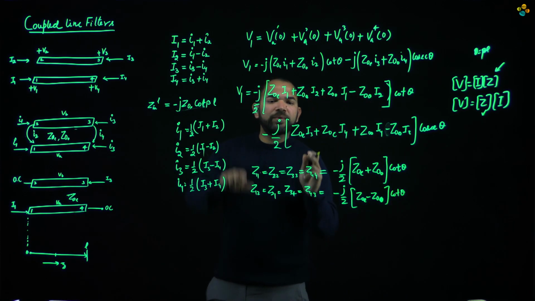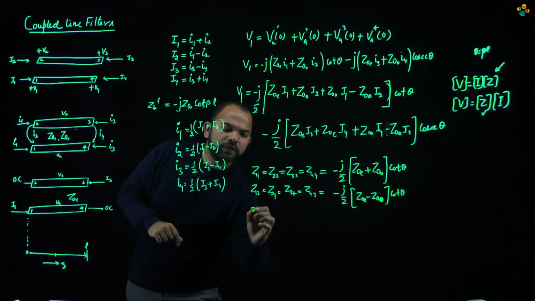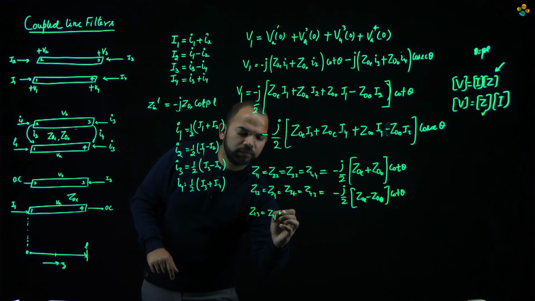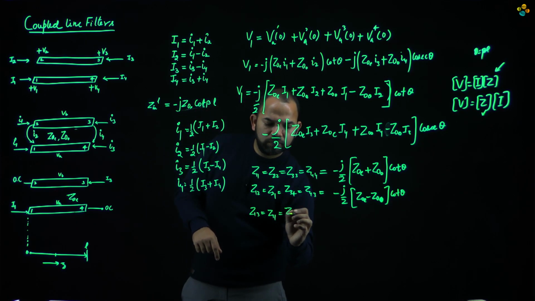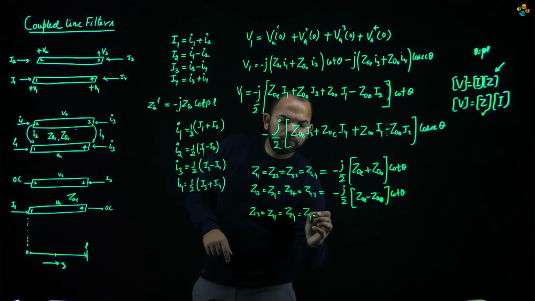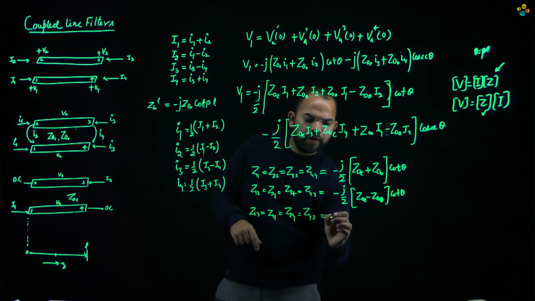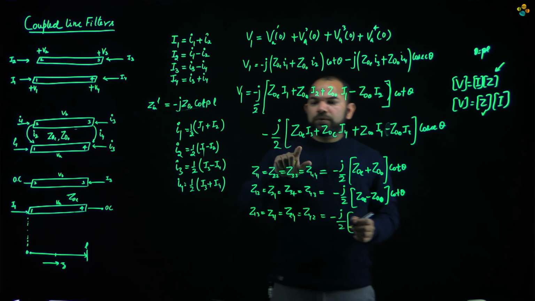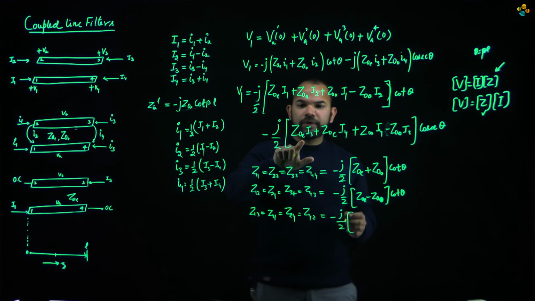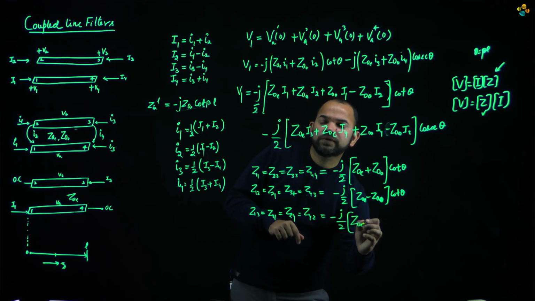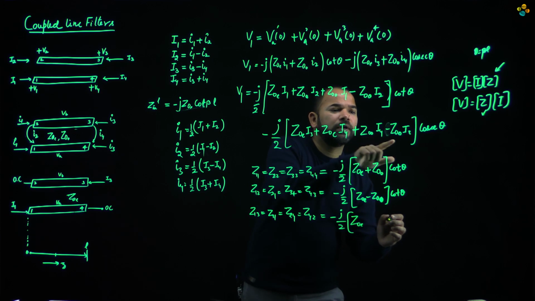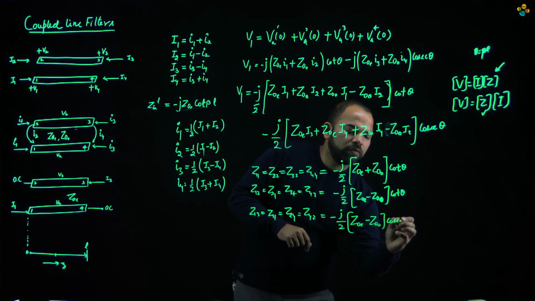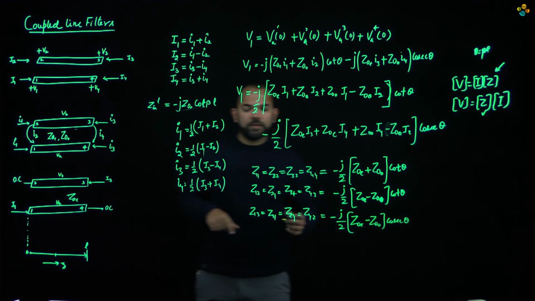What are the other parameters we can define? Z13, Z31 and Z24 and Z42. So if we write by seeing this equation, this is going to be minus j/2 for sure, then 3. So this is ZOE, and where is I3 again? Here, minus ZOO into cosec of theta, and the final parameter,